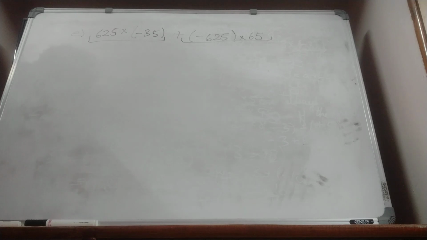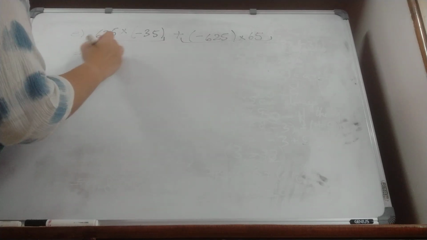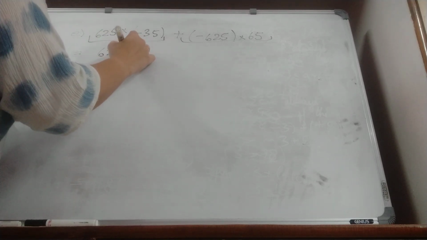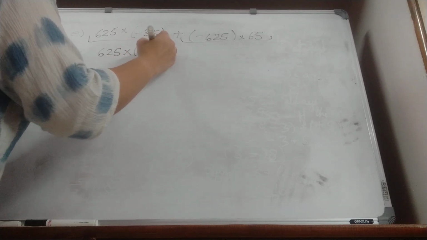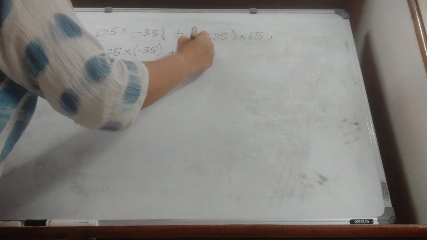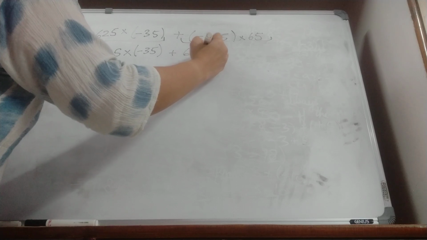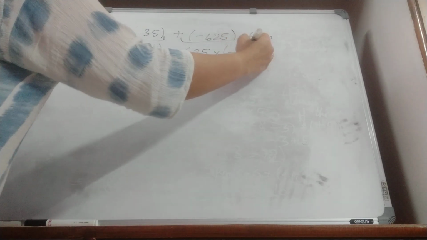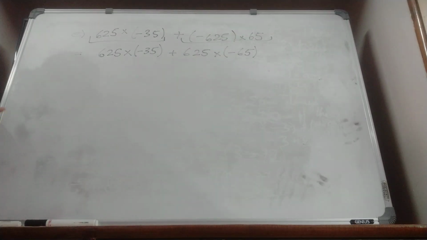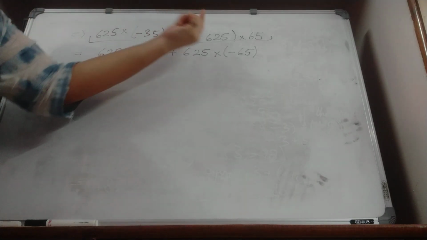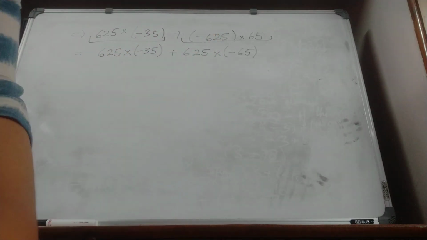So now what to do? Now think and tell me what I'm writing, if it is correct or not. Can I write it as plus 625 into minus 65? And why am I doing that? Because I told you multiplication is same